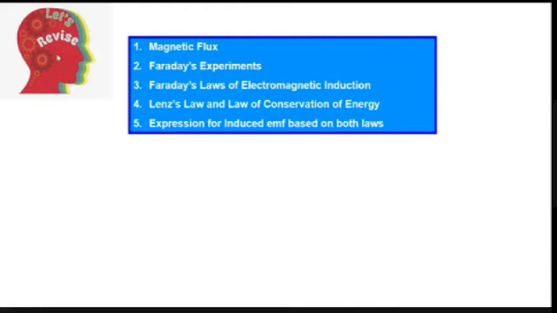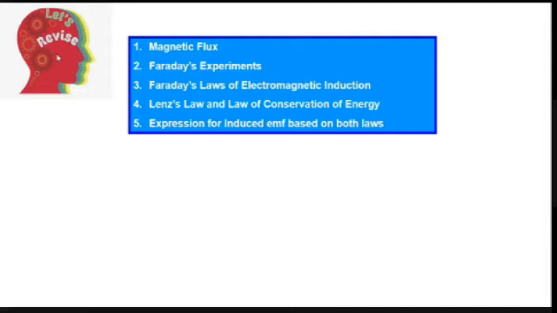Then we have seen Faraday's experiments. There are three experiments, and we have seen them one by one. In those experiments he demonstrated that by varying the magnetic flux we can induce an EMF or induce current. So it is possible to generate current with the help of magnetic field. In the previous chapters we have seen how magnetic field is created, or magnetism is derived from current. Here we are discussing how current is derived from magnetism.